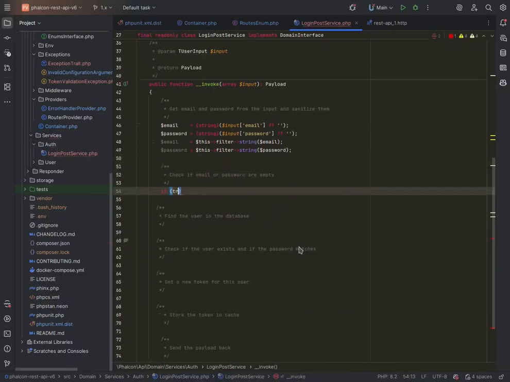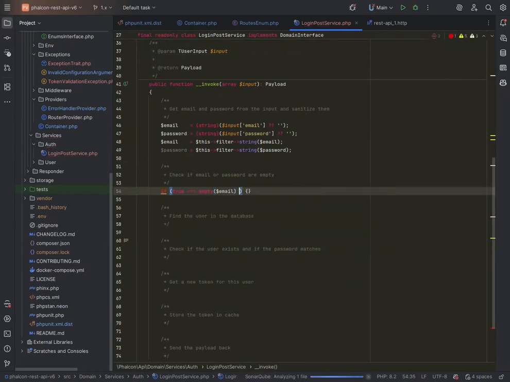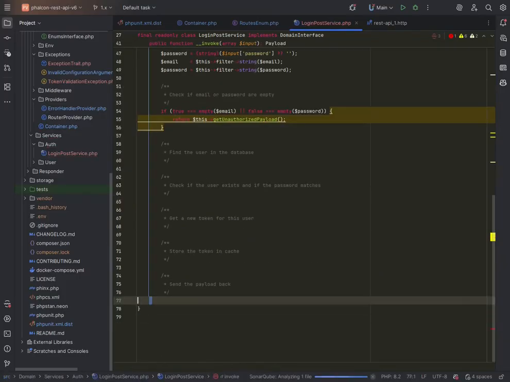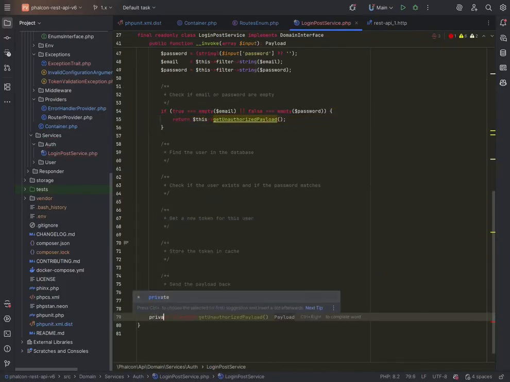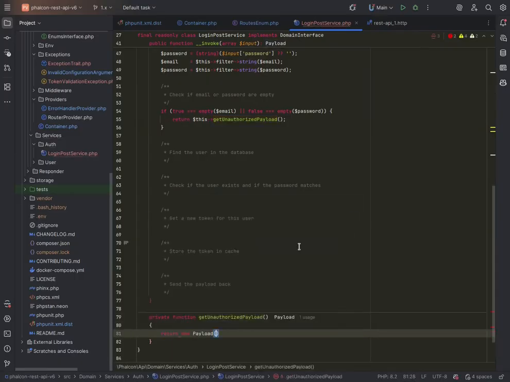If true, empty email or true empty password, then we need something here. So what we're going to do is we're going to say return this get unauthorized payload, and down here we're going to have a private function get unauthorized payload, return your payload,